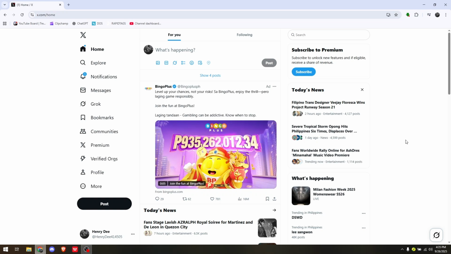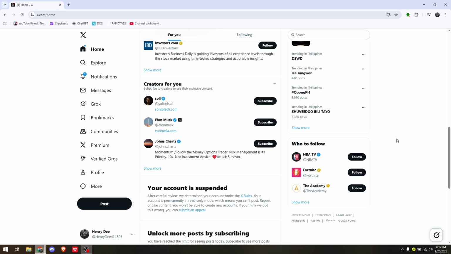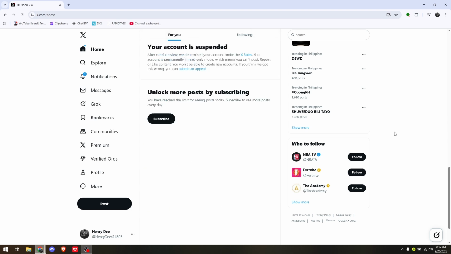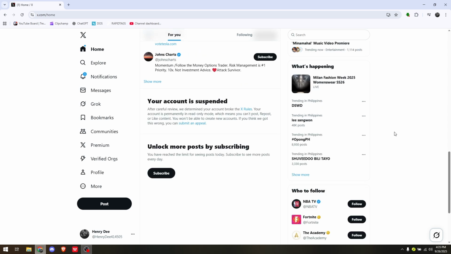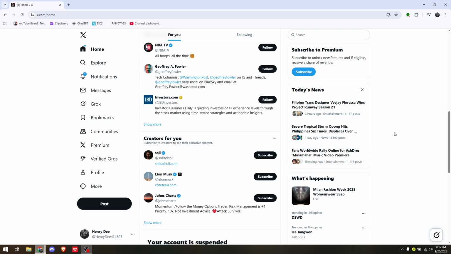How to cancel X Premium subscription. Now, if you're going to be doing this via the mobile device, the actual process is still the same. The first thing is to pull up your X Twitter or your X Premium account, and then make sure that